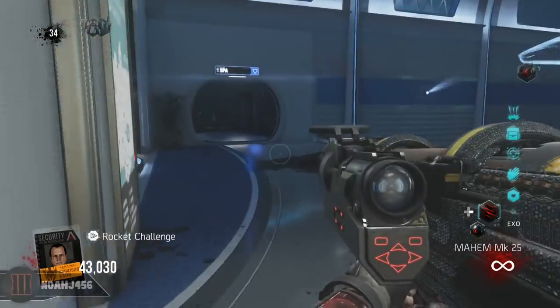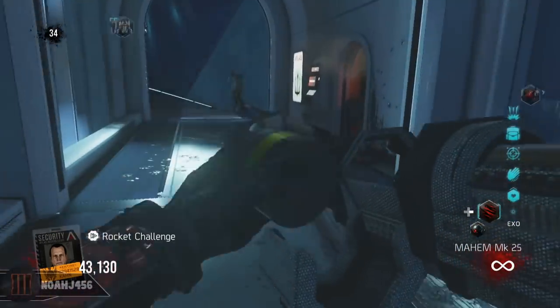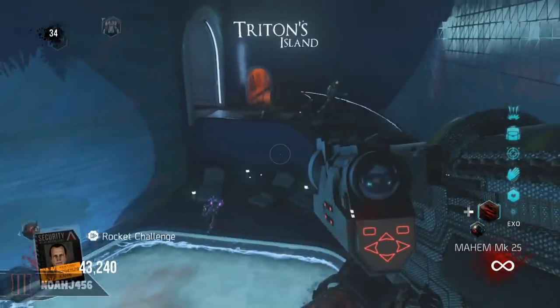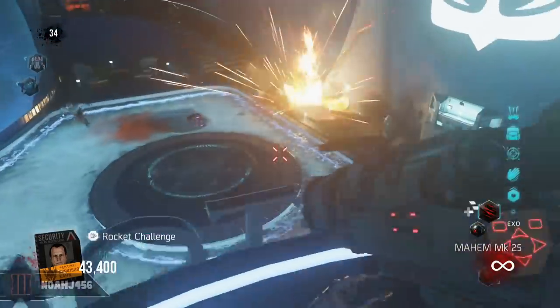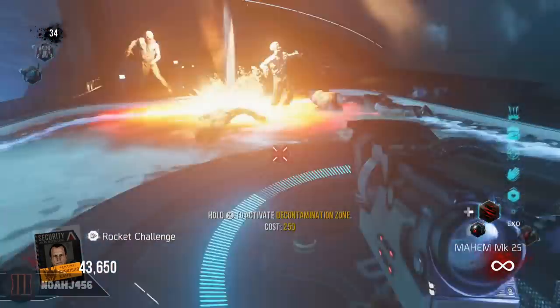So after you complete the numbers game, the next round that you go into, you're going to get the rocket challenge. Now, the rocket challenge is pretty much exactly like the grenade challenge, except that you have a Mayhem Mark 25 that it automatically gives you with unlimited ammo. A ton of fun to do, a lot like the grenade challenge in a lot of ways,